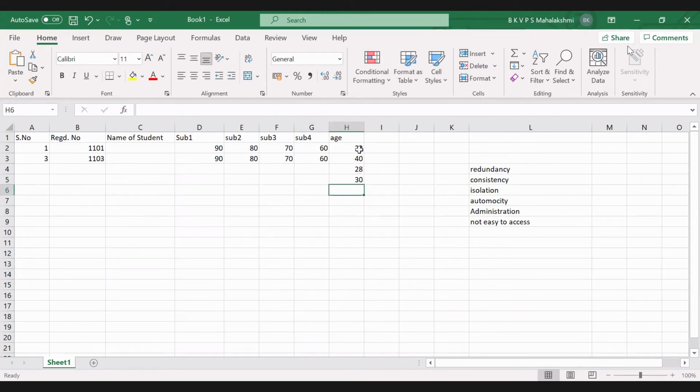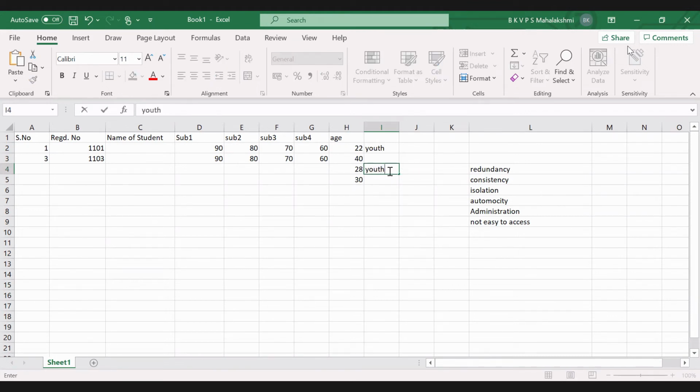So instead of having the values 20 to 28, if the age is between 20 and 30, I should get the value youth. If the student's age belongs to 20 to less than 30.